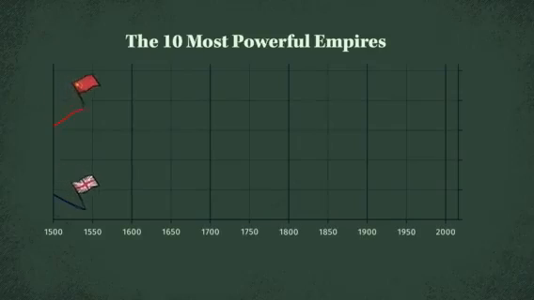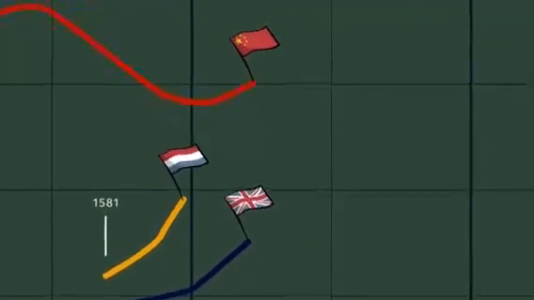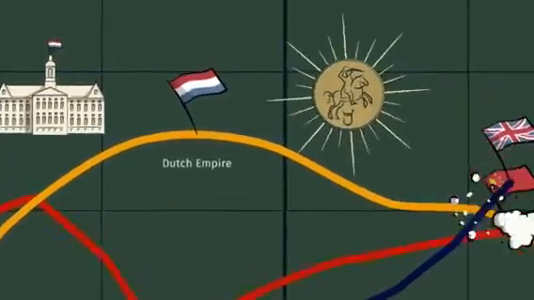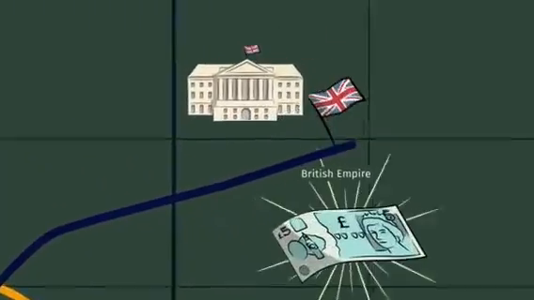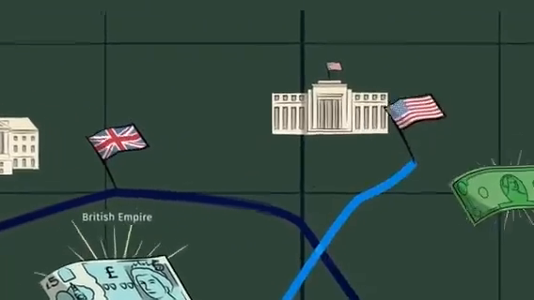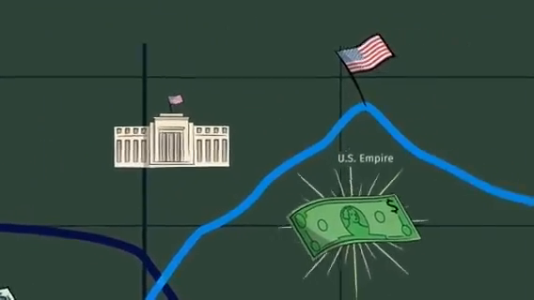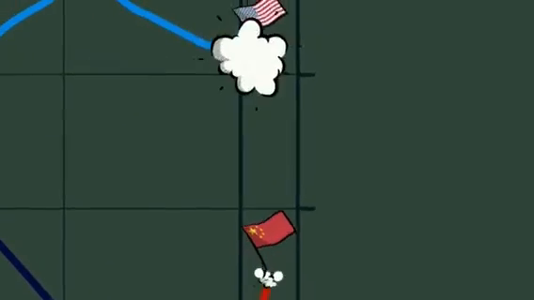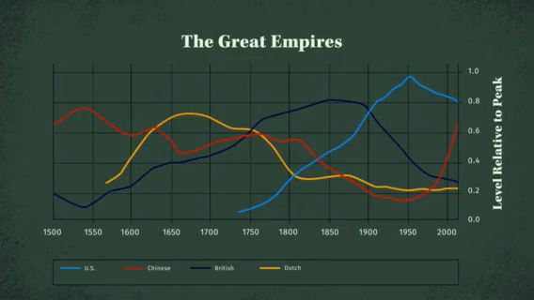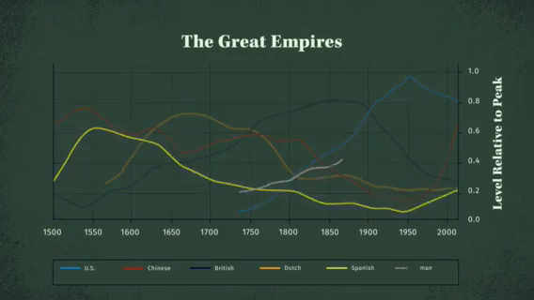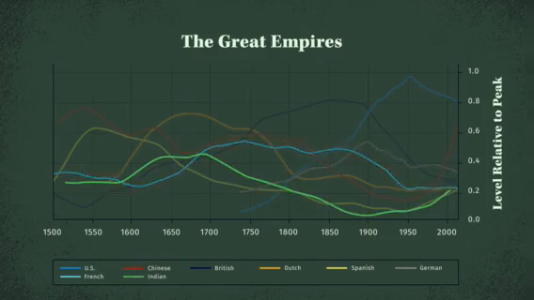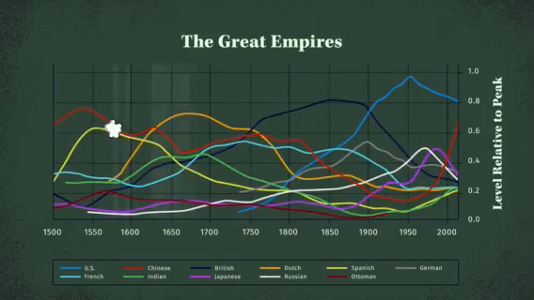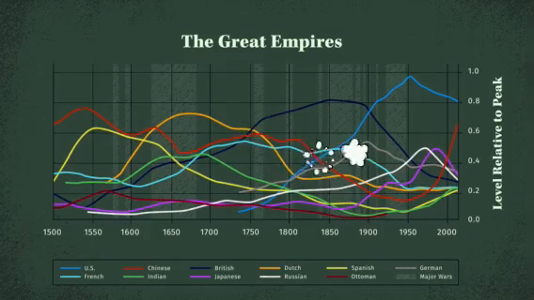last 500 years, and the last three reserve currencies, it took me through the rise and decline of the Dutch Empire and the guilder, the British Empire and the pound, the rise and early decline of the United States Empire and the dollar, and the decline and rise of the Chinese Empire and its currencies, as well as the rise and decline of the Spanish, German, French, Indian, Japanese, Russian, and Ottoman empires, along with their significant conflicts, as measured